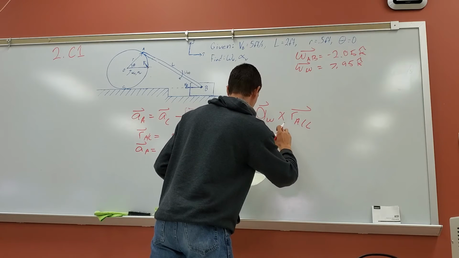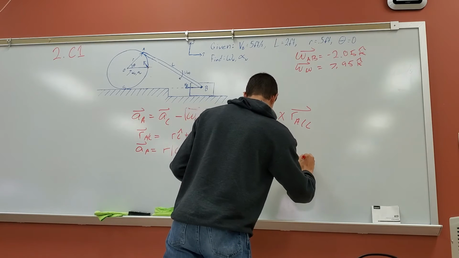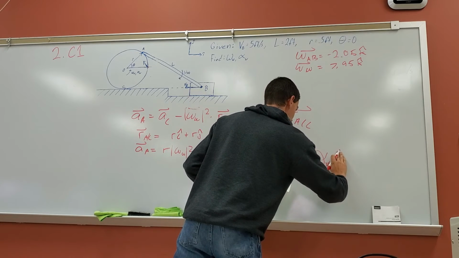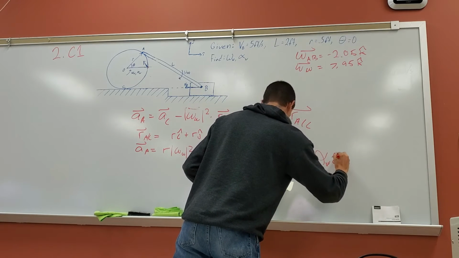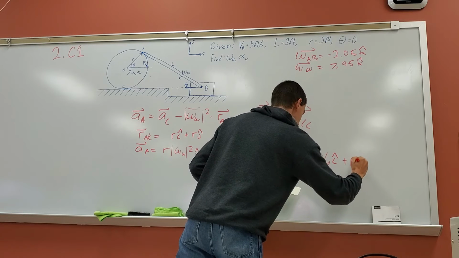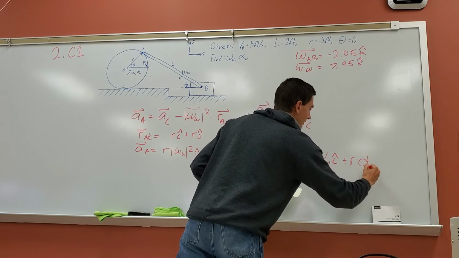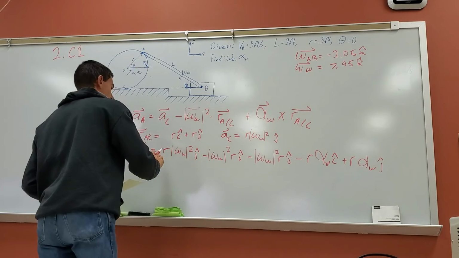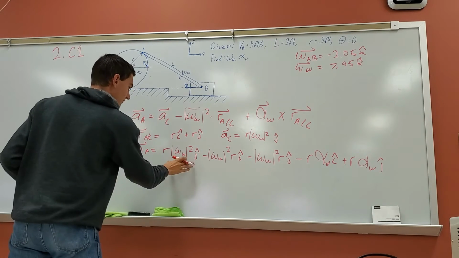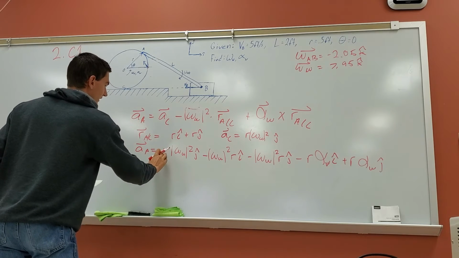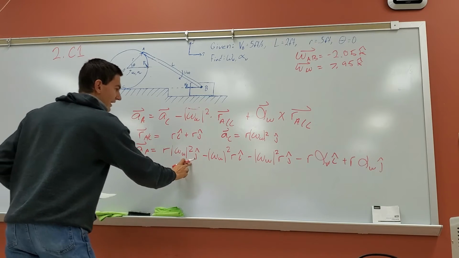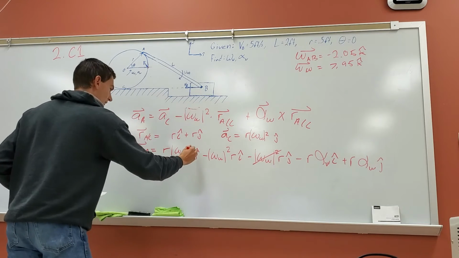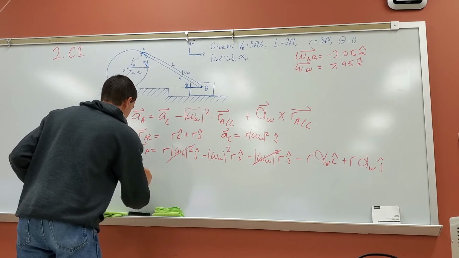the angular acceleration term. And over here, for the cross product, we end up getting negative r times the angular acceleration of the wheel in the i hat direction, plus the radius multiplied by the angular acceleration of the wheel in the j hat direction. Now, if we look here, we'll notice that we have two terms that will cancel out. We've got this plus r omega squared j hat and a minus omega squared r j hat. Those two will cancel out, which will give us a final term of A